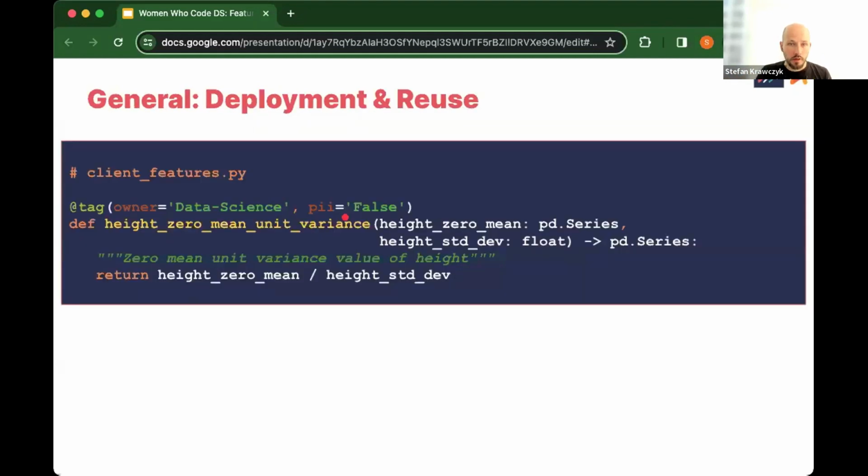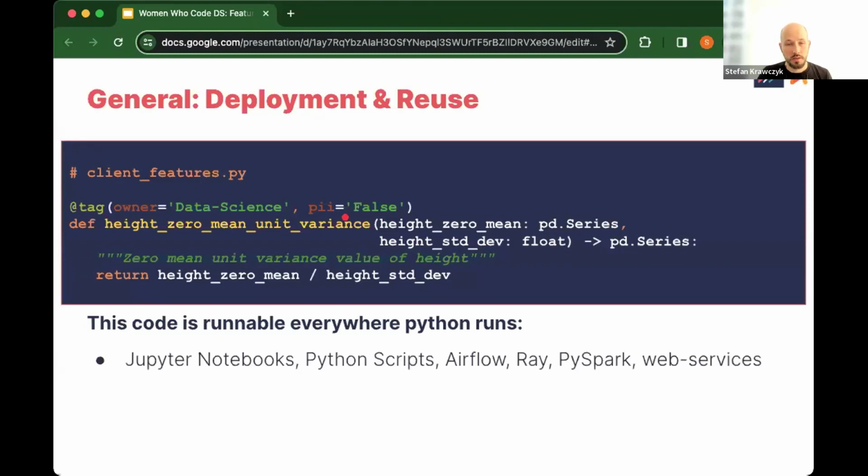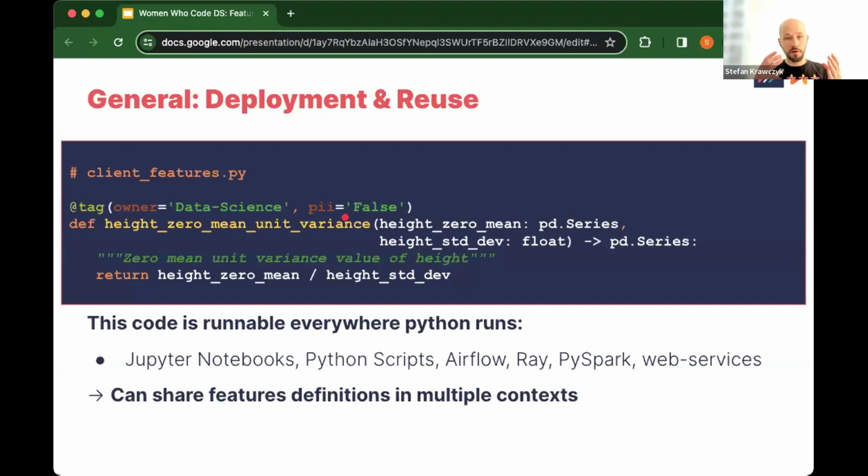In terms of reusability, and thinking about dev to production, this is just a Python function. There isn't anything special about it. This means this code can run anywhere that you run Python. You can develop and run stuff in a notebook. You can run it in a Python script. You can put it into an Airflow task or Ray or PySpark or even some sort of Python web service. This means the functions or features that you write are very portable. Say you have an offline system, you can write functions there and then reuse them in the online system, because Hamilton gives you that ability to